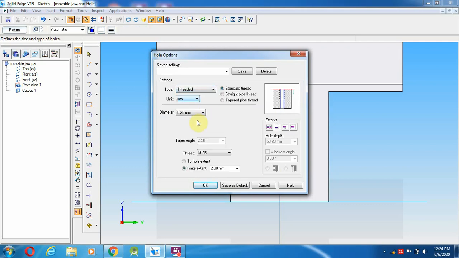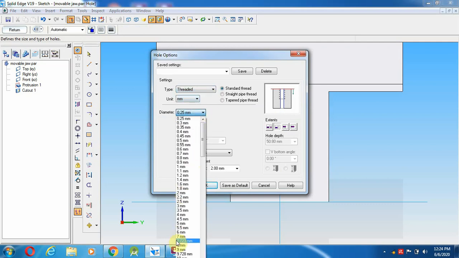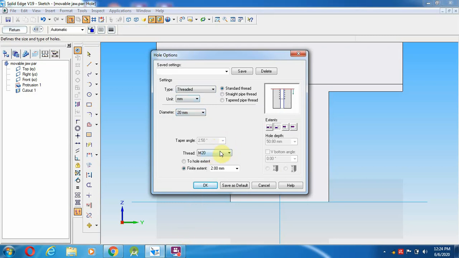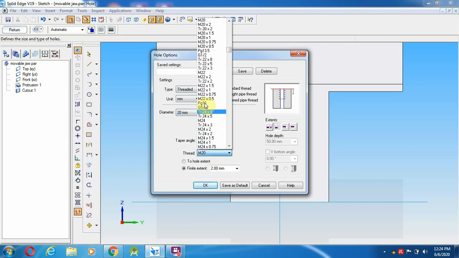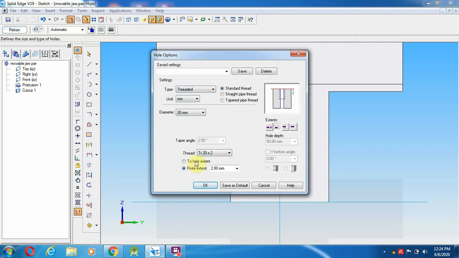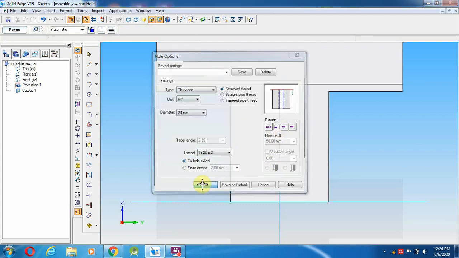It is a threaded hole, and the diameter is 20 mm. Then square thread, TR 20 into 2, throughout the whole extent, and the hole is to be through to the next, and give OK.